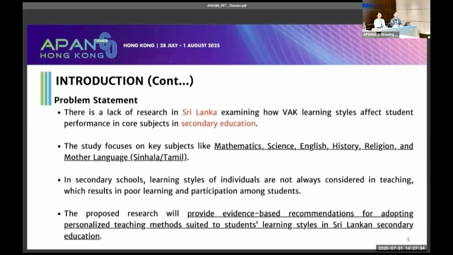In secondary schools, learning styles of individuals are not always considered in teaching, which results in poor learning and participation among students. The proposed research will provide evidence-based recommendations for adopting personalized teaching methods suited to students' learning styles in Sri Lankan secondary education.